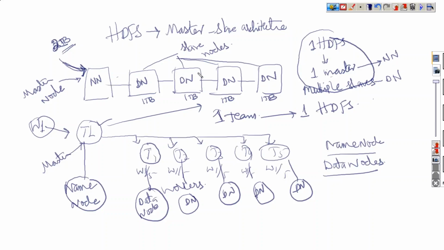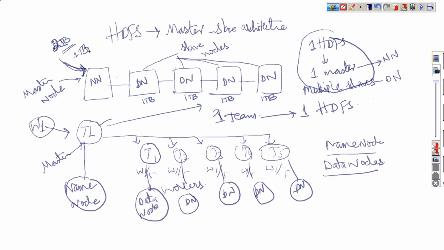So that name node will try to divide it into how many parts? 2 parts. 2 TB is there, 1 TB, 1 TB. It need not be exactly 2 parts. If you want, we can decide like this. If we say that the size of each part, each division, should be 1 TB, how many parts will that be? 2 parts. So only 2 data nodes are going to get the data. The remaining data nodes are not going to get any data. They will be idle. So instead, we should distribute the data uniformly, so that everyone gets work.